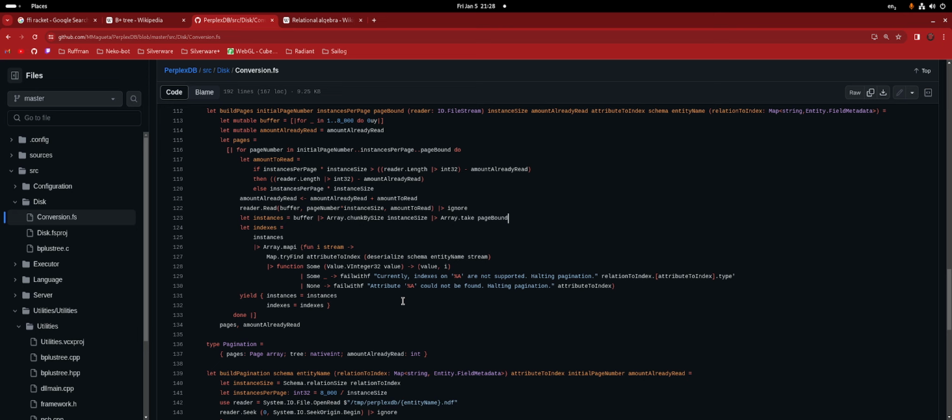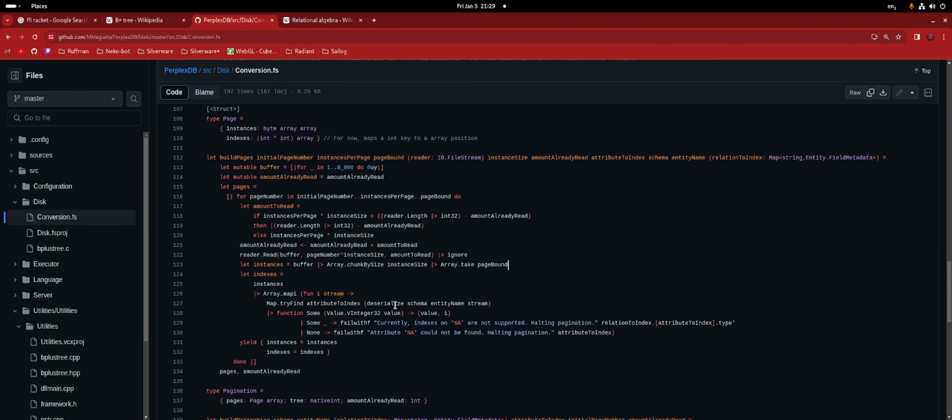Because if I concat all the pages, all the instances of all the pages, I'm gonna have all the tables, right? And then I'm gonna have the I, and then I can access which page I want. You see? Yes, I think I see. That's why my implementation is not done, because I need to keep track of the bounds of this. But anyway, that's for later. That's not a problem right now.